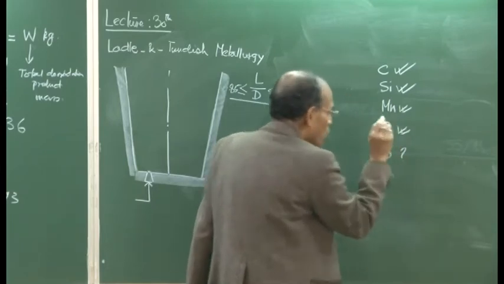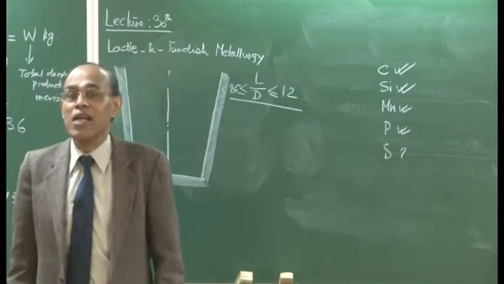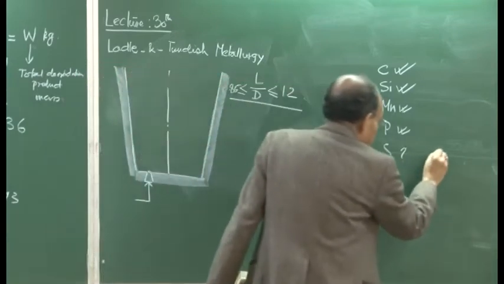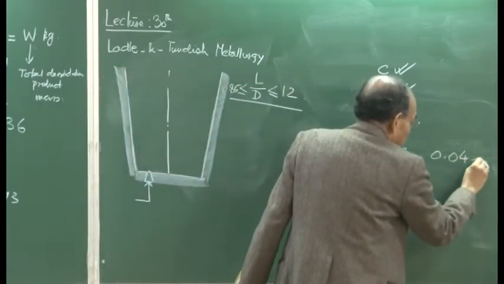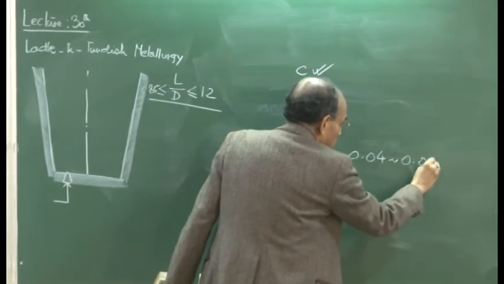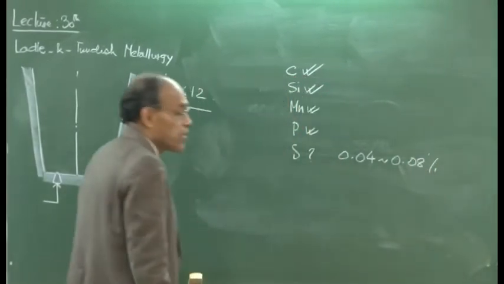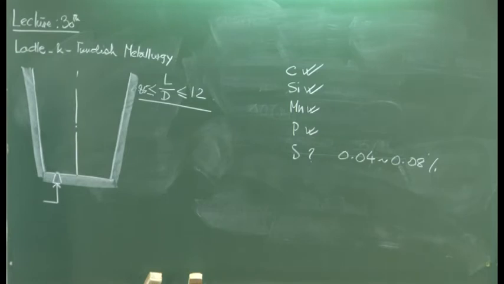Sulfur, if you have not done pretreatment, maybe the sulfur is a little bit higher, and the sulfur could be unacceptable, varying between this much weight percentage. Deoxidation we have carried out,